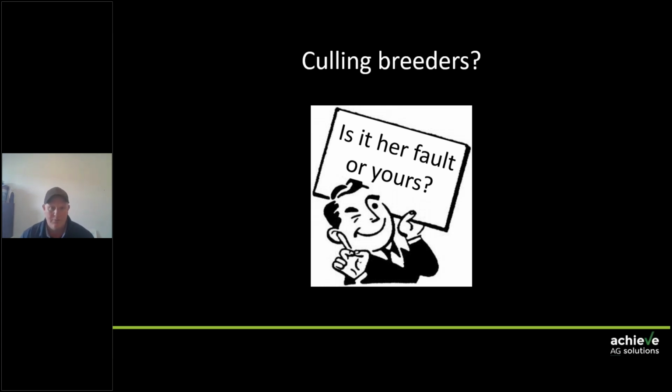Are we culling her because she doesn't look quite right, but ultimately that's because we either didn't feed her properly or we don't realise that she was born as a twin? And when I say that we didn't feed her properly, that happens a lot in mature ewes. Pressure comes on, we need to sell some breeding ewes. Often it'll be the lighter condition score ewe that gets kicked out, when the reality is she might have been